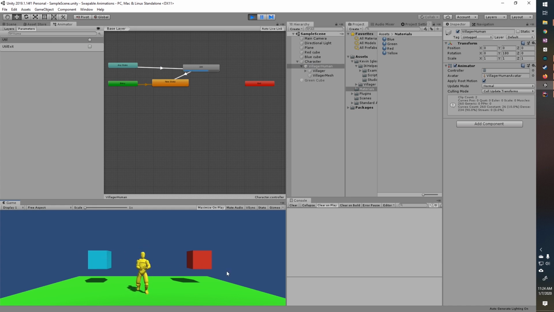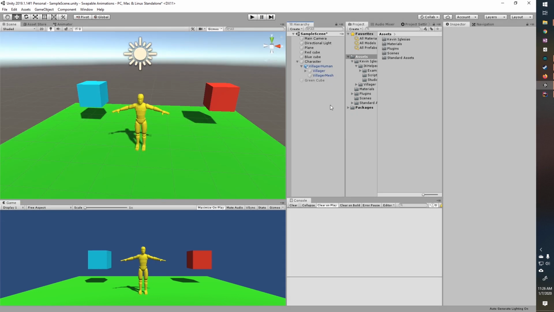But we'll still be able to use the functionality of the state machine. So you can use stuff like the blend states or your old state machines, and this is an easy way to just implement something to easily swap through animations. So I'll be showing you how to set up the animation swapping, and then in the next video, I'll be showing you how you might implement it into a state machine with a blend state, so for